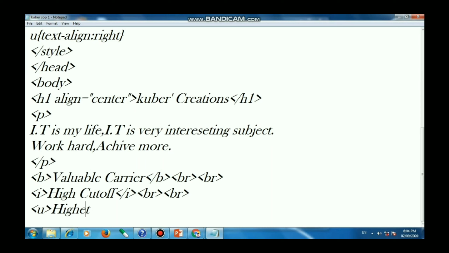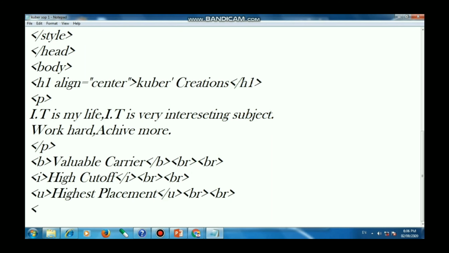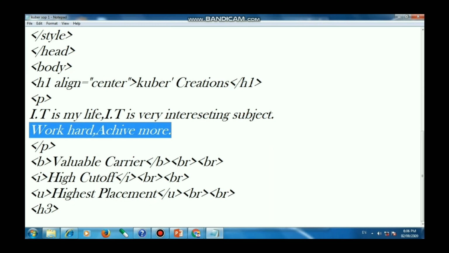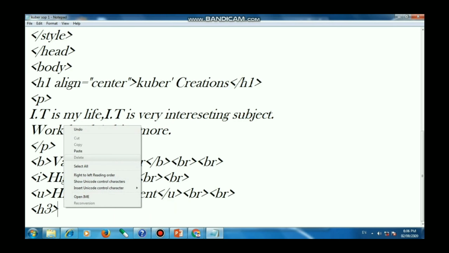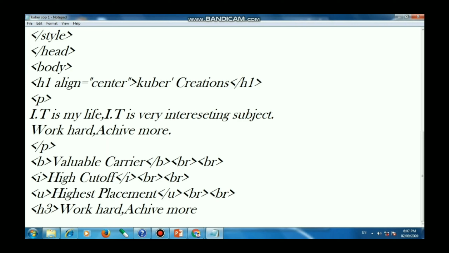Then use the u tag and write highest placement. Then close the u tag and br twice. Then use the s3 tag and copy paste your second thought, that is work hard, achieve more. Then close the s3 tag.